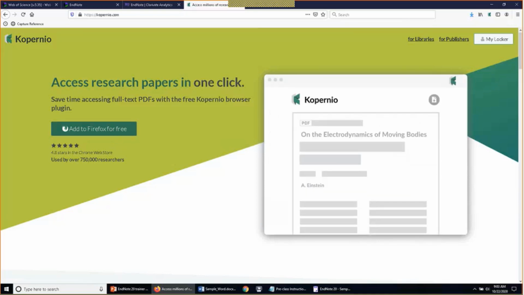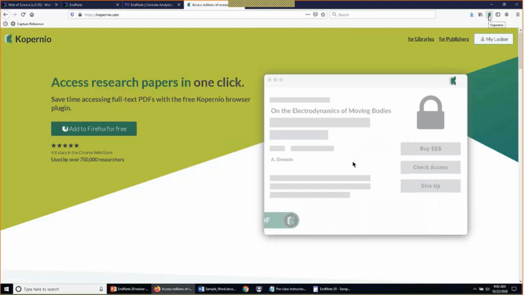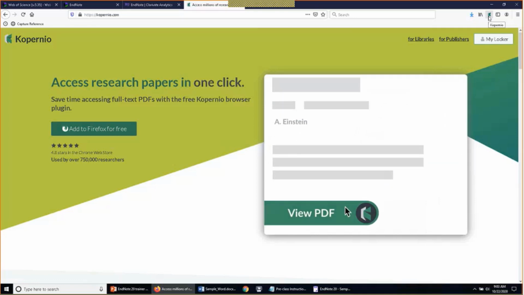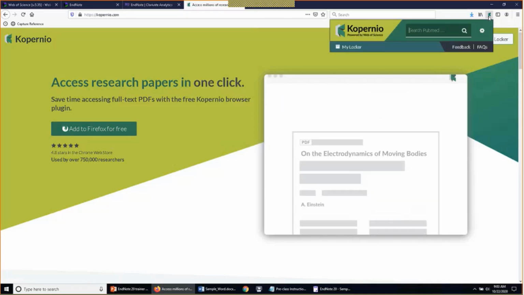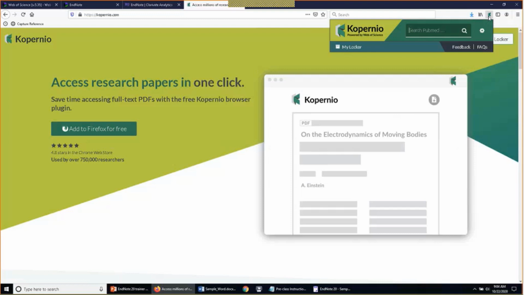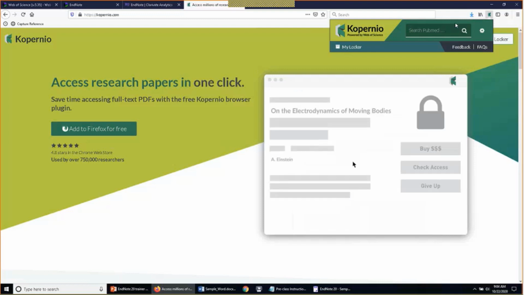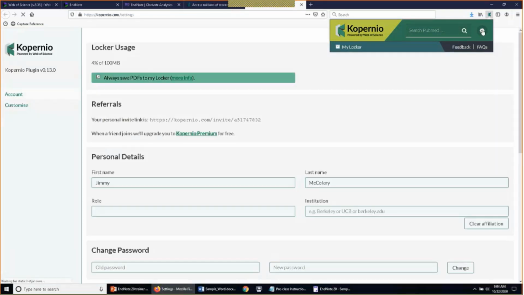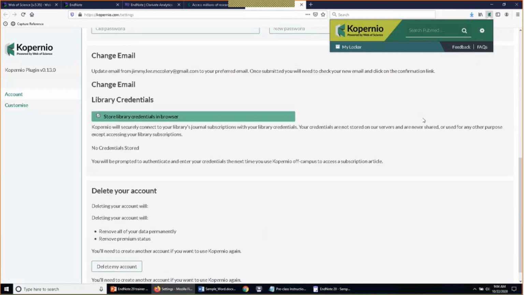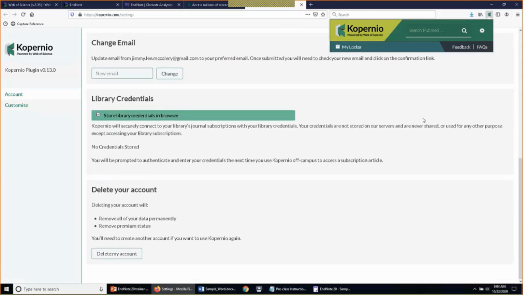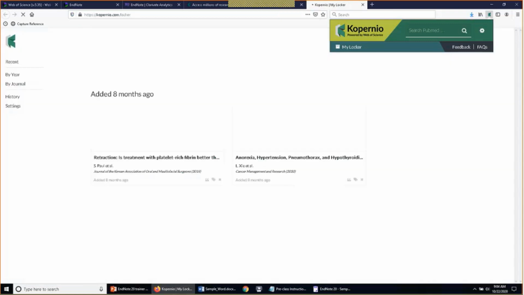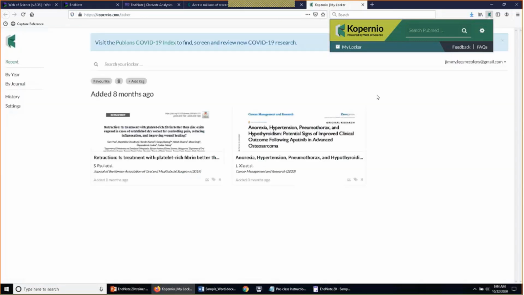I've already got this installed. It's a little icon that we would see at the top right of the browser itself. This would be really the same if you were in Google Chrome. And I'm going to click on my little Copernio plugin shortcut here, and I could perform a search directly from this drop-down interface. I could search PubMed. I can actually change the default search here. If I click the gear icon, I can change some elements of my Copernio plugin or my EndNote plugin once the redesign rebranding is complete. But I'm going to go directly to my locker because I've already gathered some search results, some